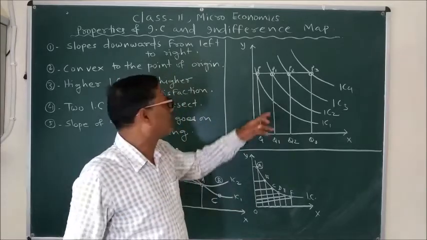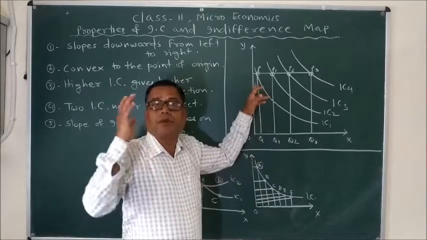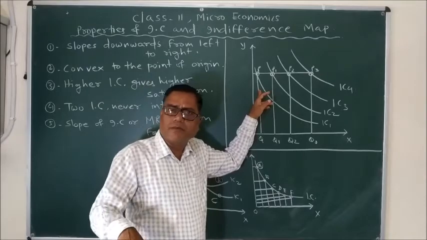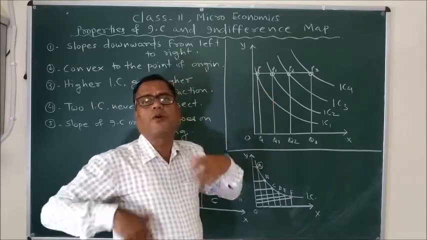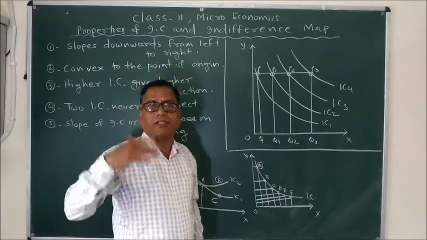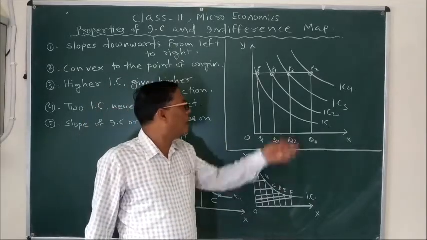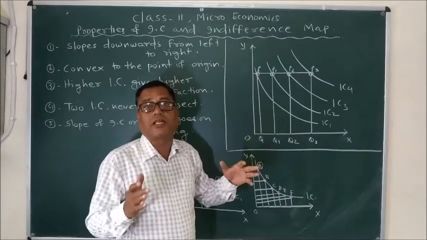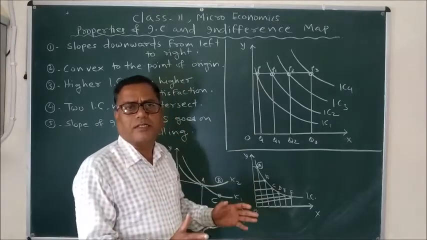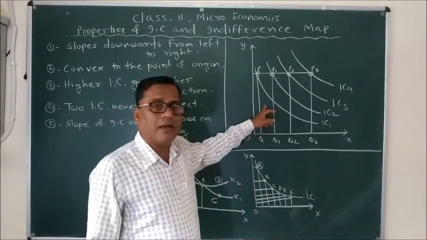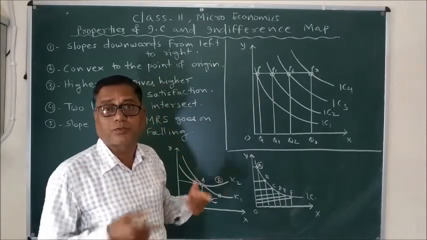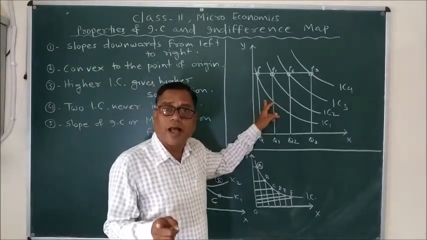But suppose the prices fall. If the prices of x and y reduce, what will happen? With the same available amount of income, our consumer will be able to purchase more of both goods. And if the prices rise, with the same available income, our consumer will be purchasing less of both x and y. And in the second case, if the prices of x and y remain constant, and the disposable income, what our consumer can spend on the purchase of x and y, if the income